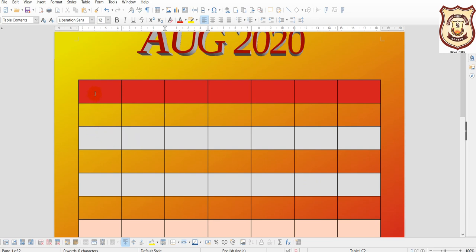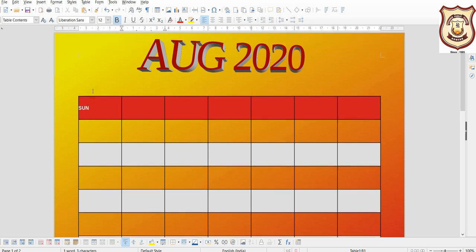Okay, then afterwards we will start writing here. So turn the caps lock on and keep on pressing the tab. Okay, Sunday, and then Monday, tab, Tuesday, Wednesday, Thursday, Friday, and Saturday.